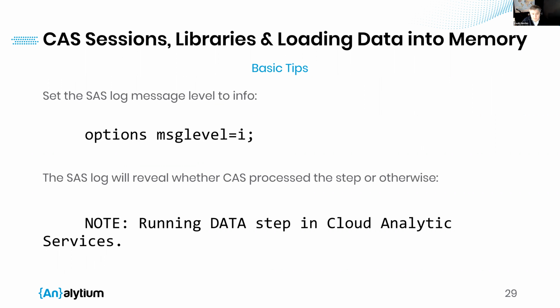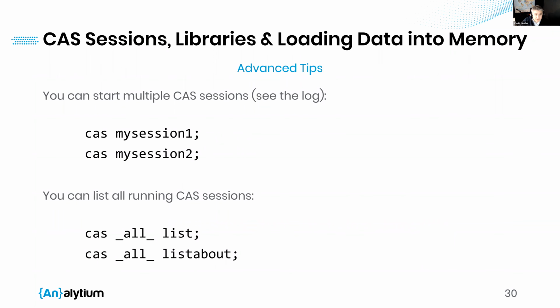There were a couple of other slides that I might have hidden. Some of the other things to keep in mind, if you're not sure how your data is being treated, is whether it's loaded in the cloud or not, and which step you execute. Some of them execute in SAS 9, some of them execute in CAS. If you're not sure, a little trick to remember: put options msglevel=i, and that will give you additional notes in your log. Every single time you execute the code, it will tell you if it's executing on CAS or SAS 9. Something to keep in mind until you get a hold of it. So yeah, you can run multiple sessions. You could list what's currently